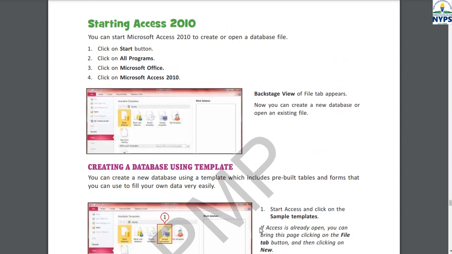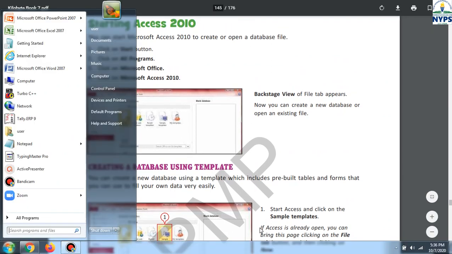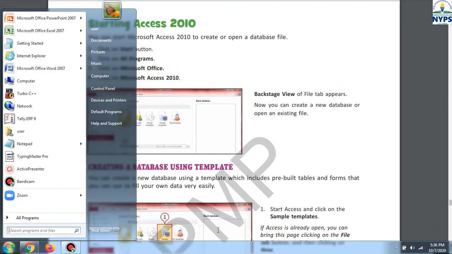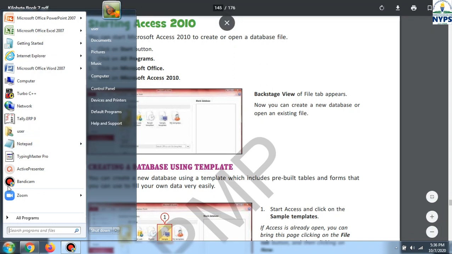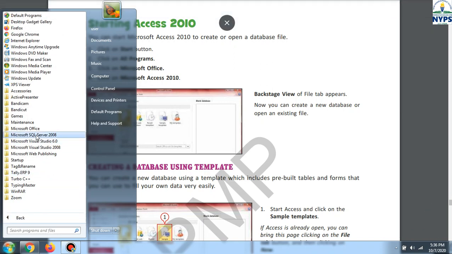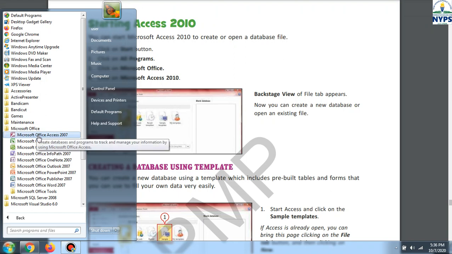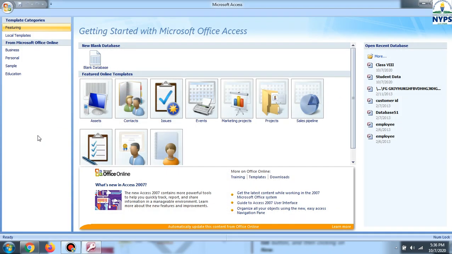Now how to open MS Access? For that purpose, click on the start button, go to all programs, click on MS Office, then the first option, Microsoft Office Access 2007. In our lab we have 2007, that's why I am showing you the same version.